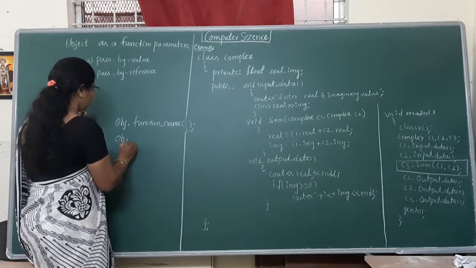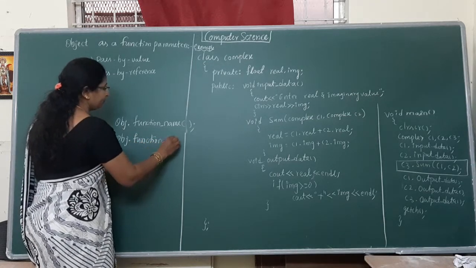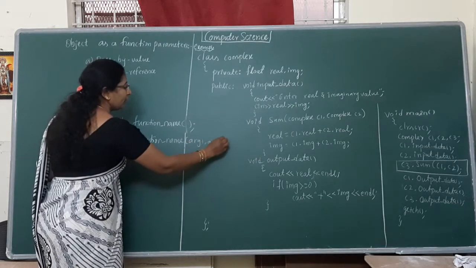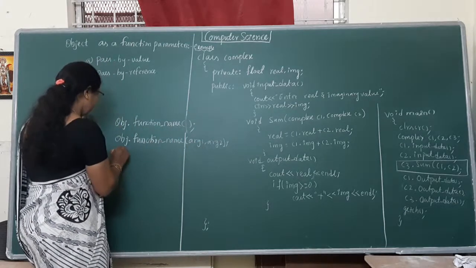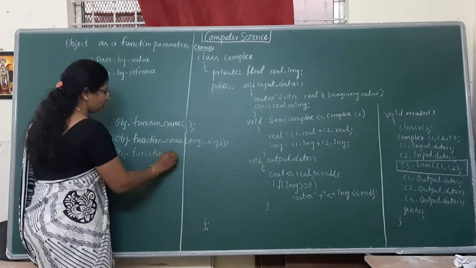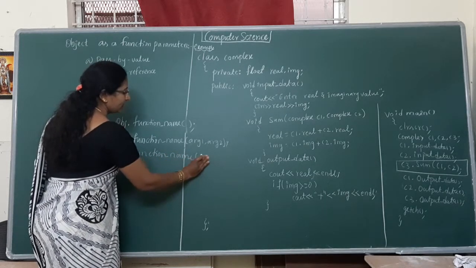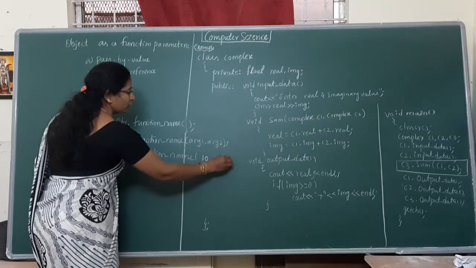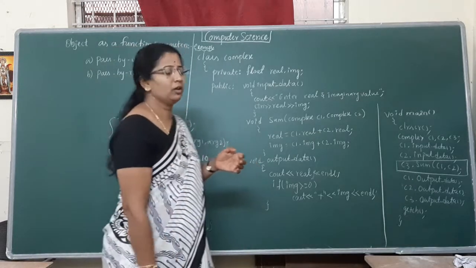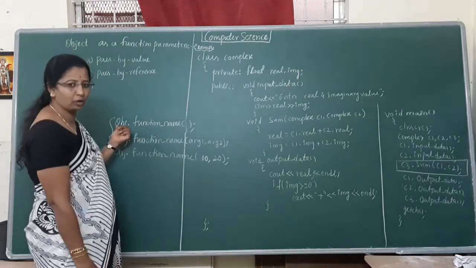And if you are invoking a function with an argument, function name, argument 1, argument 2, if we have n number of arguments, define them. It is also possible to invoke a function name with a value, that is, any value directly. There are three methods that we can use for invoking a function call. When the object is created, we invoke a function call along with the object name.